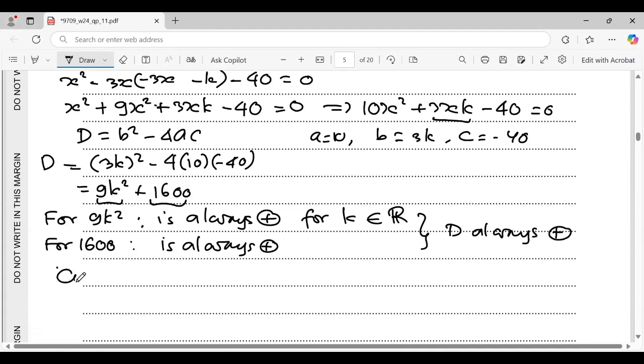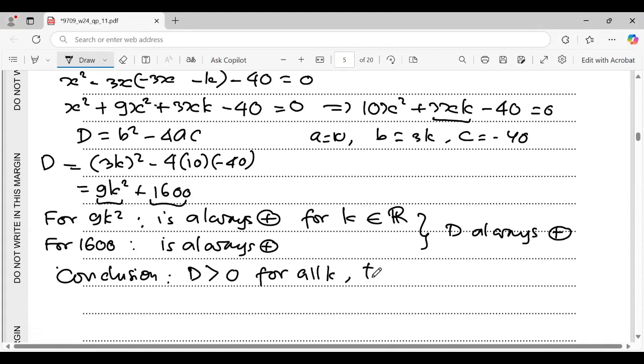So the conclusion: since the discriminant is greater than 0 for all k,